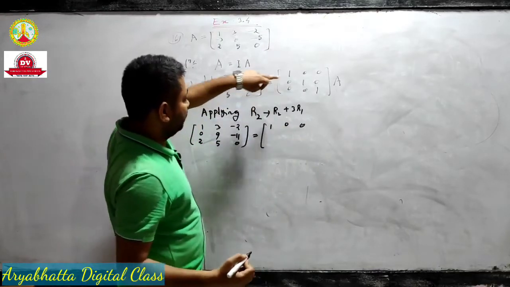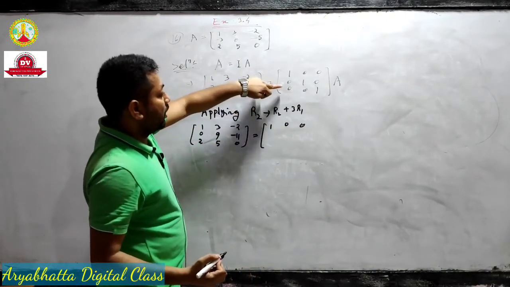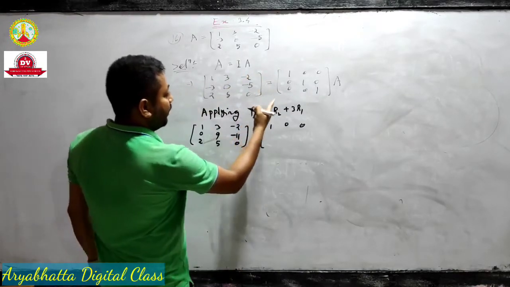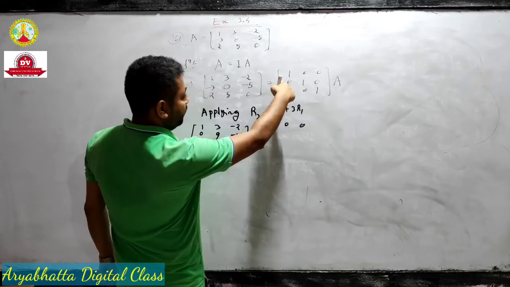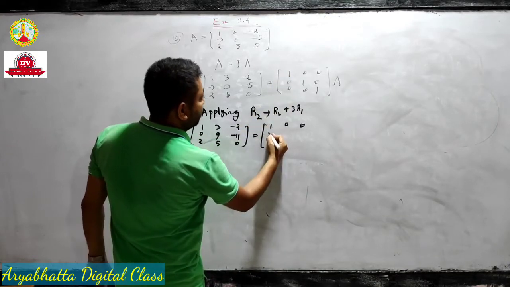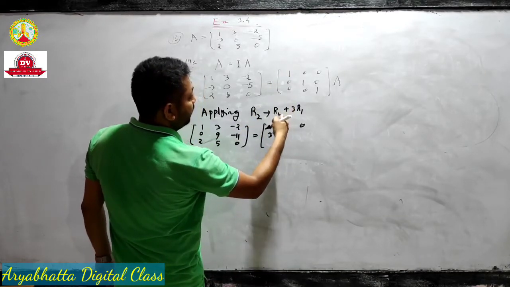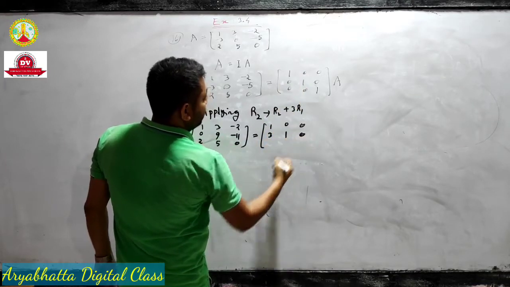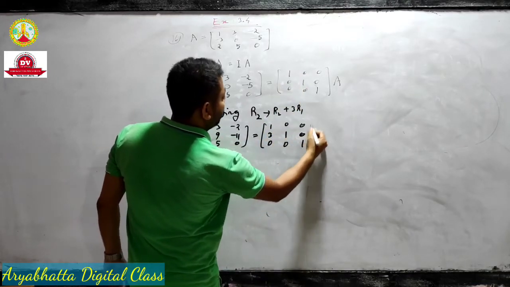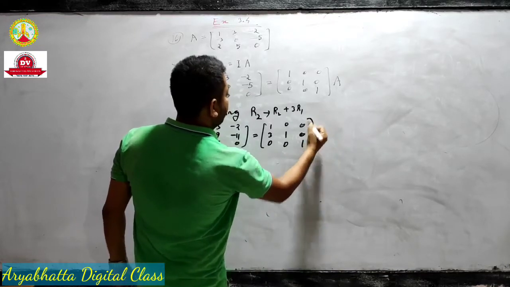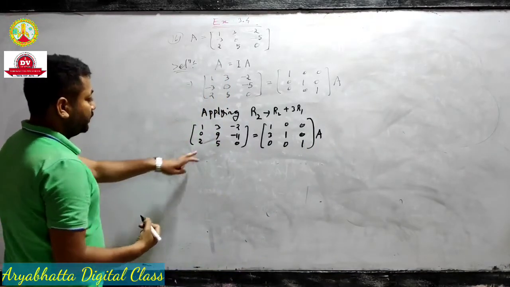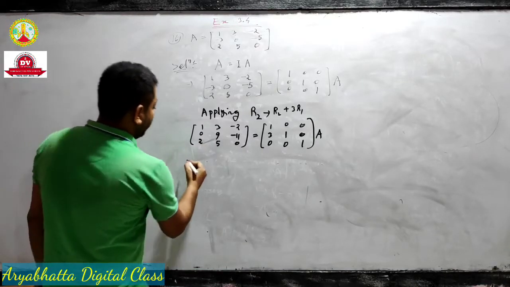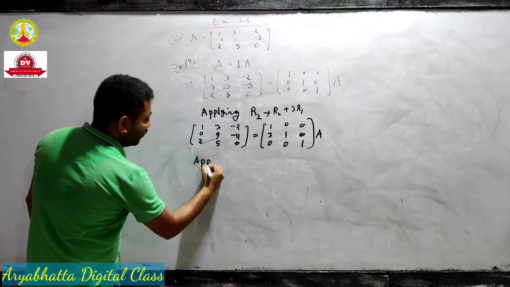For this row, R2 tends to R2 plus 3 into R1. Then we have 0 plus 3 into 1, 3. Next, 1 plus 0 into 3, 1. This is equal to 0, 0, 0, 1. Next, for these elements to be equal to 0, so we apply